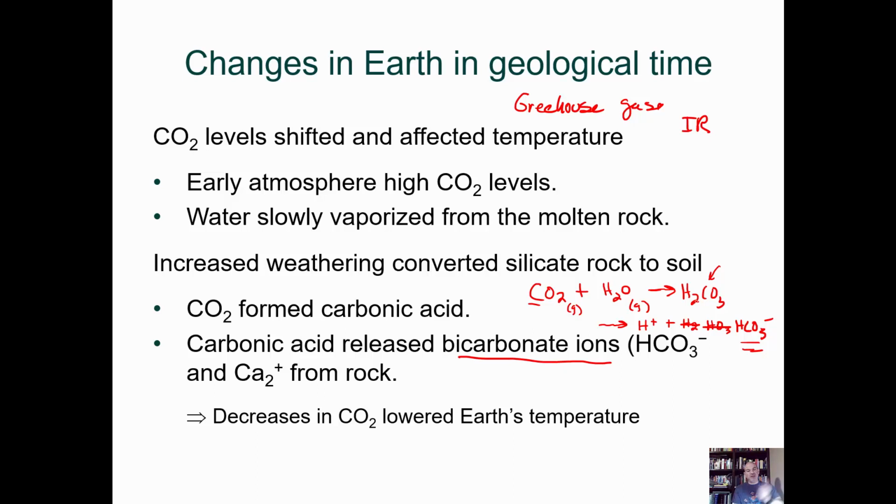So what is that doing? That's pulling carbon dioxide out of the atmosphere, which means you would have less carbon dioxide trapping heat energy. Now, the bicarbonate, which is now in the water, it's aqueous, it's mixed within the water. That water vapor condenses and forms rain. When it comes down and hits the Earth,